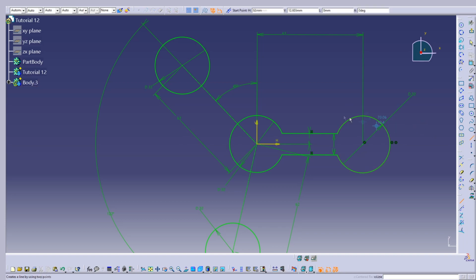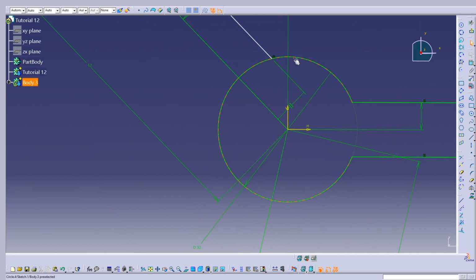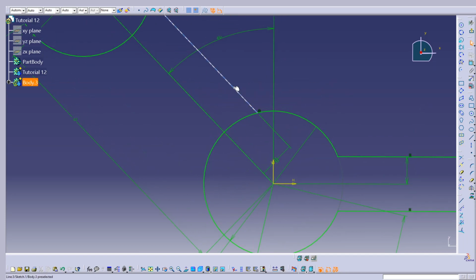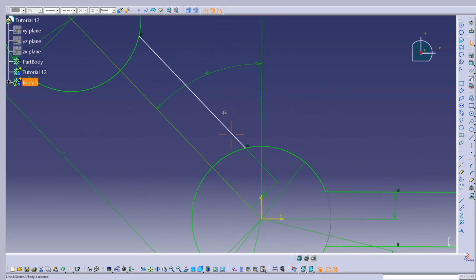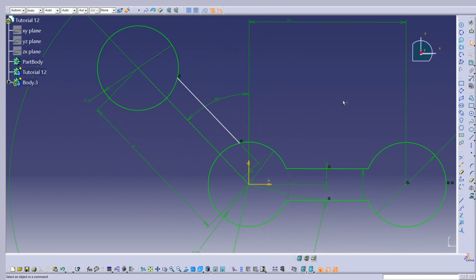So the procedure is the same. We construct a line uniting these 2 circles like this. This representation from here shows that this line is parallel to this line, and this is very good. Now we're going to select the constraint. We're going to use the lines that we constructed earlier that are pointed, and we're going to do the same. 6 millimeters. We're going to construct another line,